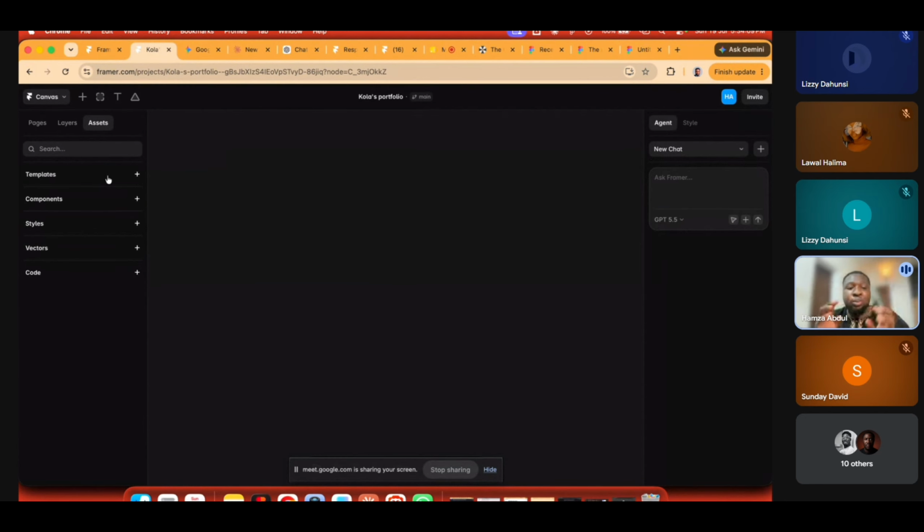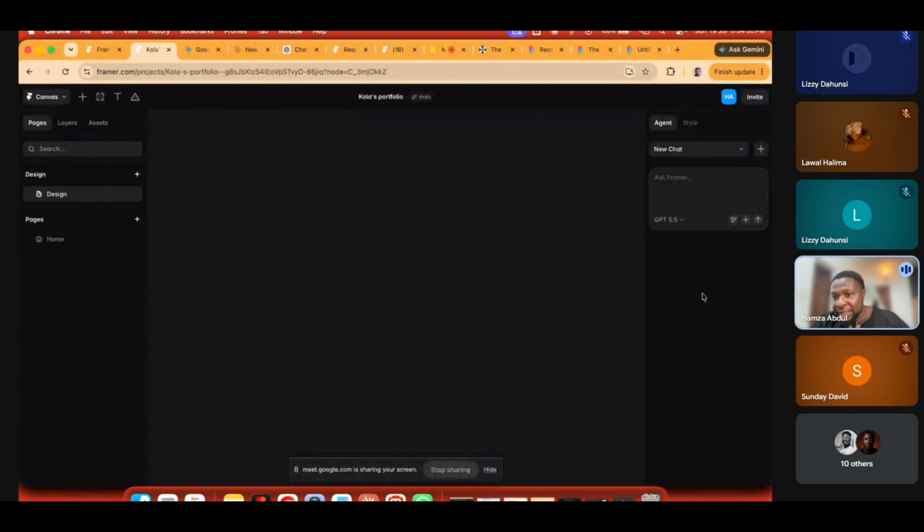Once you create it once, you won't have to go to every page you create and paste it one after the other. That's what this template is for. You can choose not to use it, but using it is better because it will help you have consistency and reduce the time you spend designing, because instead of pasting the nav bar and footer on every single page, they will be there.